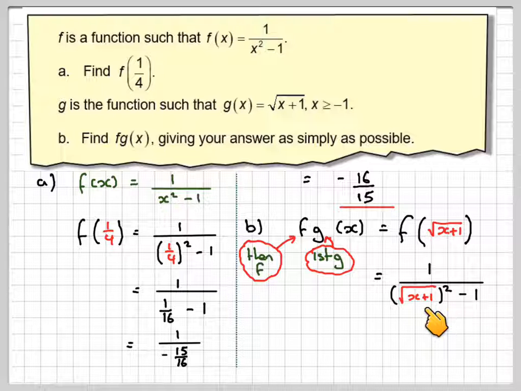Now, if you square root something and square it, they cancel each other out. So you're going to get 1 over x plus 1, take away 1, and plus 1 minus 1 gives you 1 over x. So this has been a video to show you how to find a value of a particular function